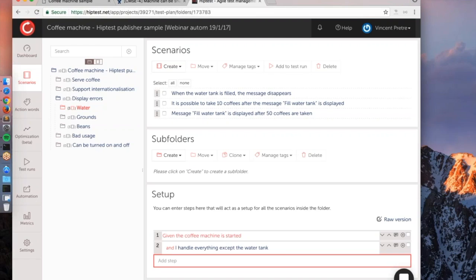Once again, this project is using BDD, but that's not something mandatory for the automation. The only requirement you have in automation, in fact, is to rely on action words. Basically, all the scenarios and all the setups in the folder must be written only using action words. So no action/result steps, which are also possible to do in Hiptest. But if you want to automate, the only